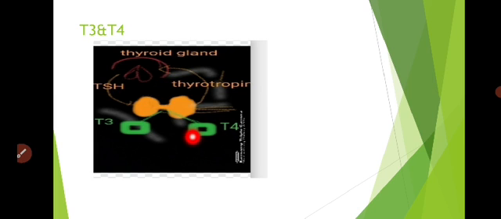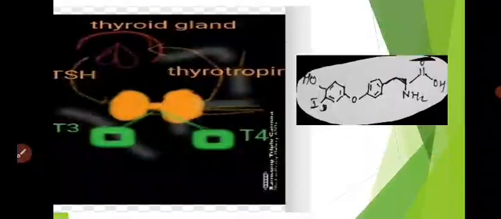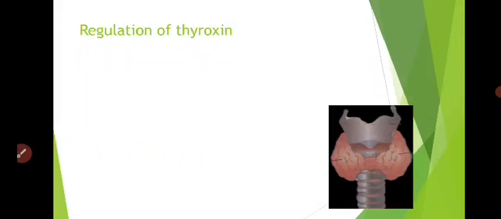Thyrotropin, thyroid. Amino acid tyrosine plus two molecules of iodine produces T2. By combination of T1 plus T2 it produces T3, and T2 plus T2, that is two molecules of diiodothyronine, produces T4. The gland stores hormone before secretion